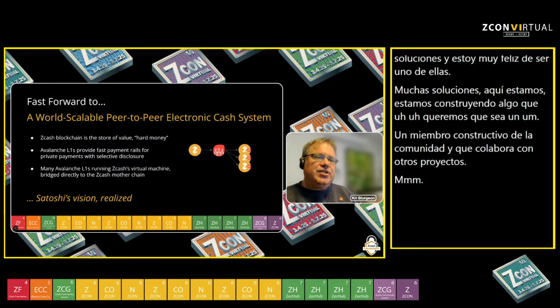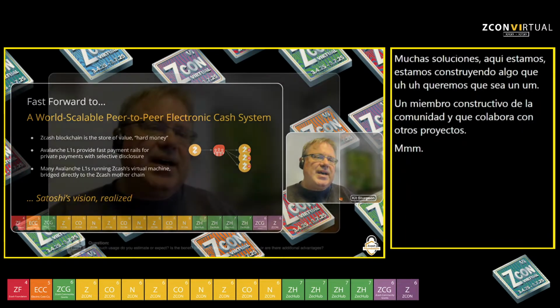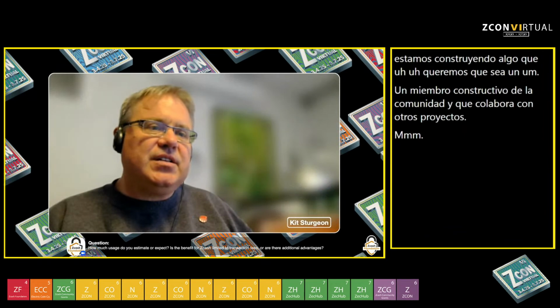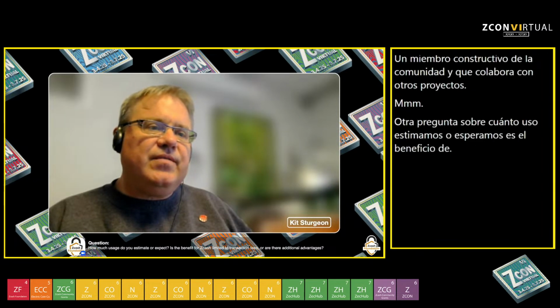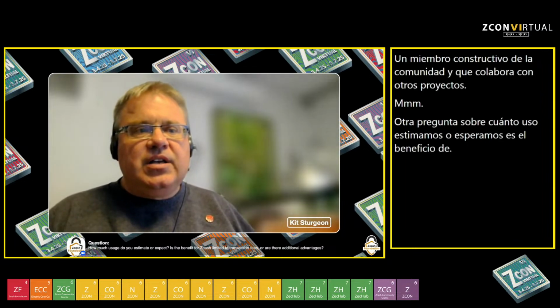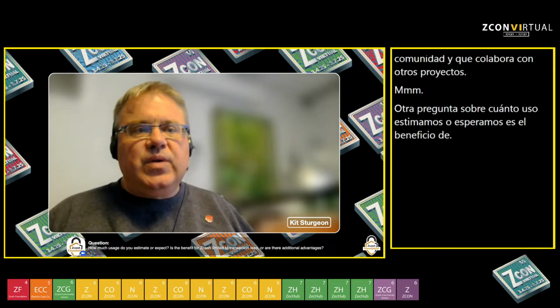Another question: how much usage do you estimate or expect? Is the benefit for Zcash limited to transaction fees, or are there additional advantages? Okay, so how much usage do we estimate or expect? It's a little unknown,